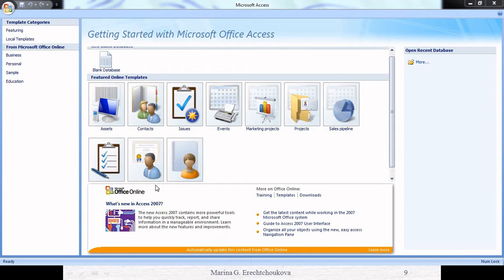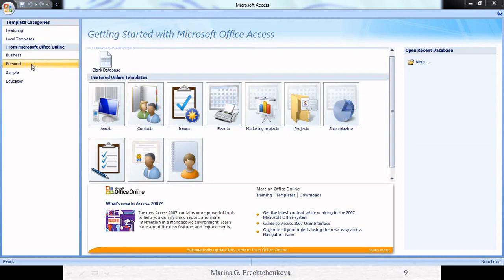This window is divided into three parts. The first one, wherein we have template categories, and also a link where we can download Microsoft Office online templates. So these are the online templates and the local templates. Herein we have the template categories and also the provision to go for online templates.